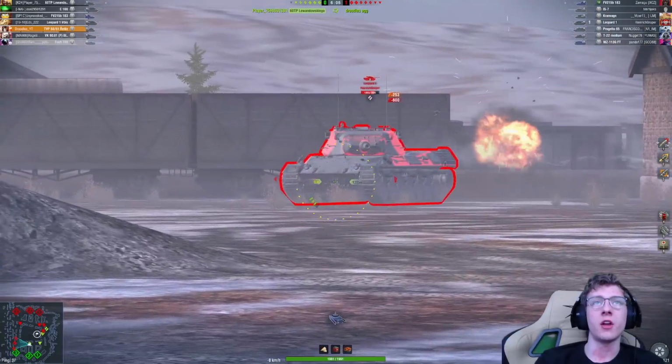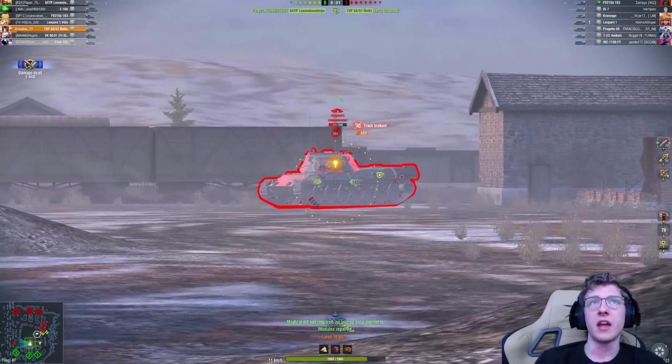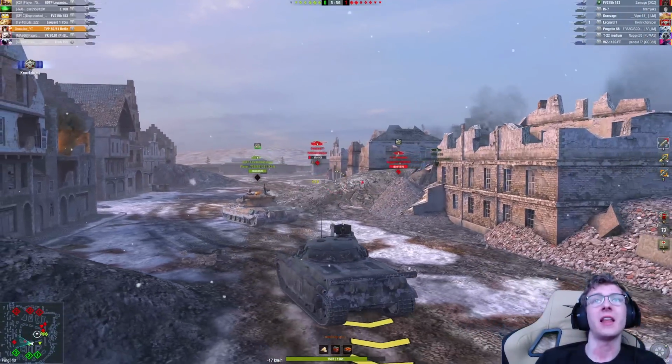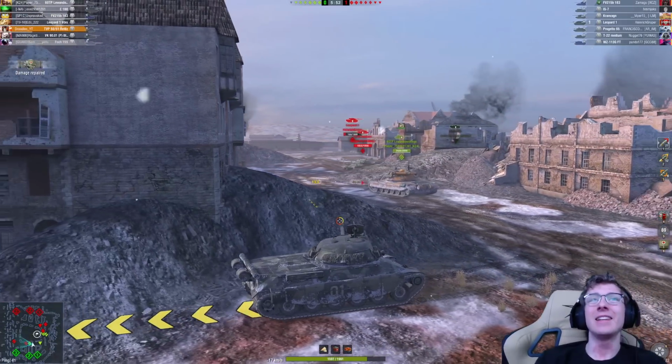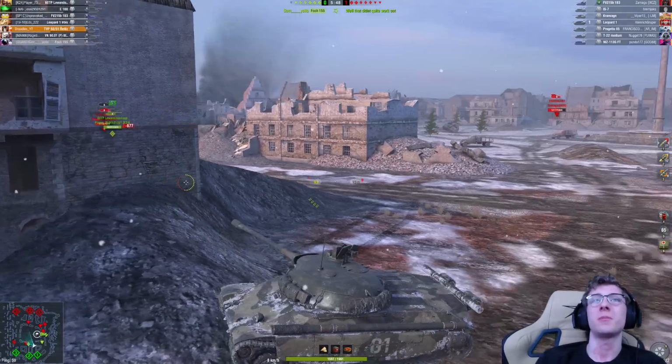There you go. 1 shell. Let's track him. 2 shells. 3 shells. And 4. There you go. We just took 1,200 off that Leopard. Nobody can sit here and tell me that that's fair and balanced. I mean, it's not. That's still busted damage numbers. Don't get me wrong, the vehicle definitely got nerfed. But again,